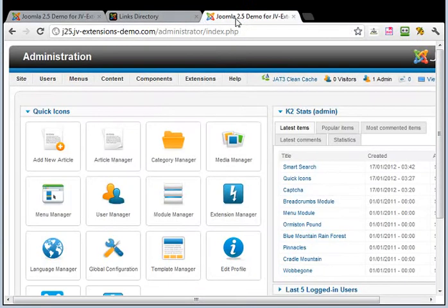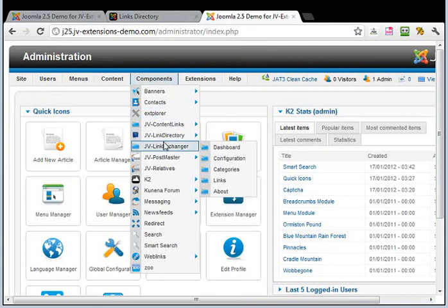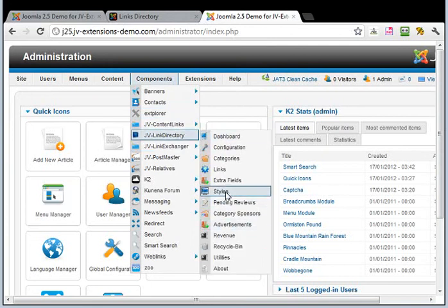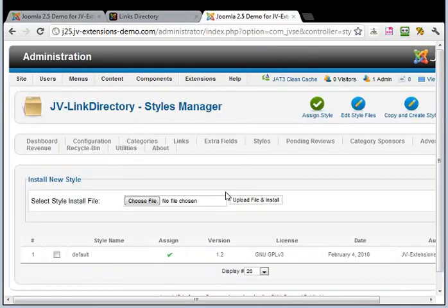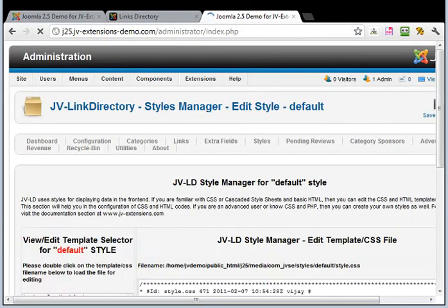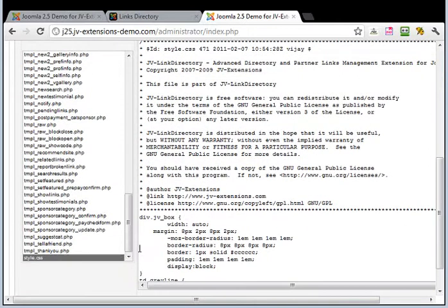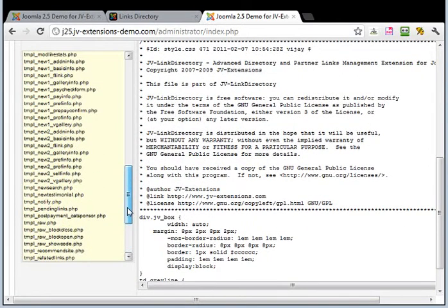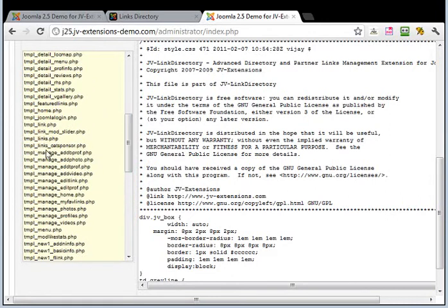So we'll go to the template, which is the styles, choose the default style, and then the style file which is actually rendering the category pages is tmpl underscore links.php.